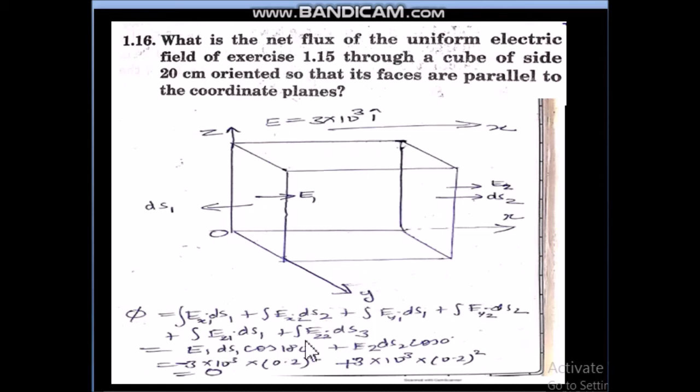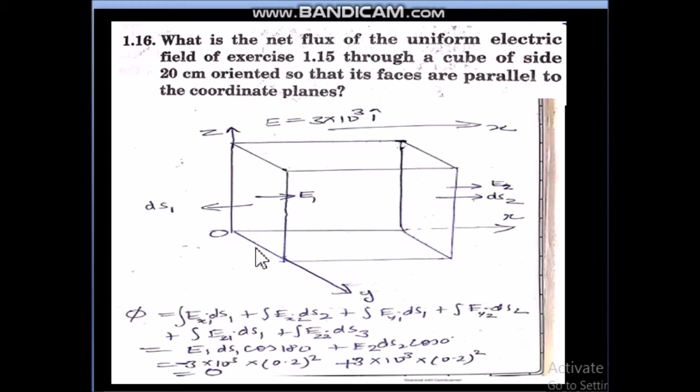Now it's very easy to solve because generally only the electric field will be present in any one direction. Like x direction the electric field is present. That means Ey and Ez are 0. So these 4 integrations which are including the surfaces of y and z, so Ey and Ez integrations, that means 4 integrations will become 0. Only 2 integrations will be left. So let us start solving them in detail.